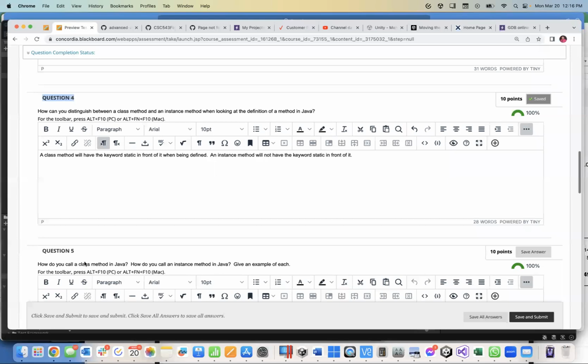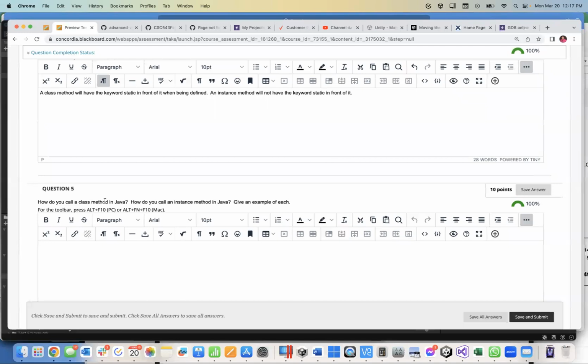All right. Next question is on the other side. How do you call a class method in Java? How do you call an instance method in Java? Give an example of each. So you call a class method using the name of the class in which the method was defined. You call an instance method using an instance of the class in which the method was defined. So if you want to give an example of each of these, Character.toUpperCase,